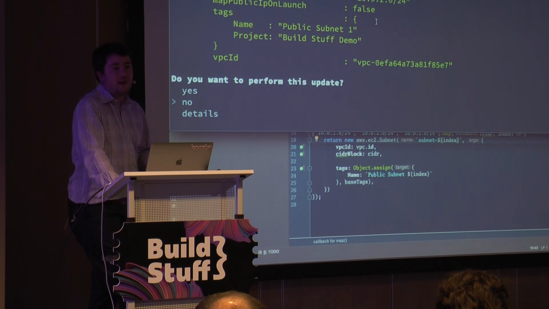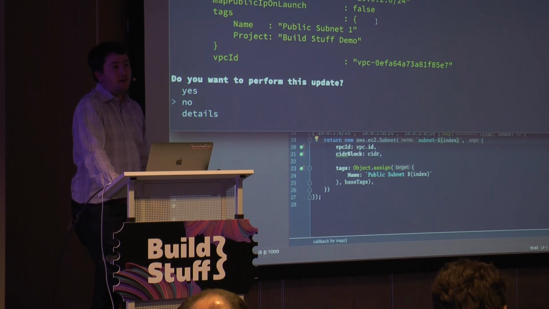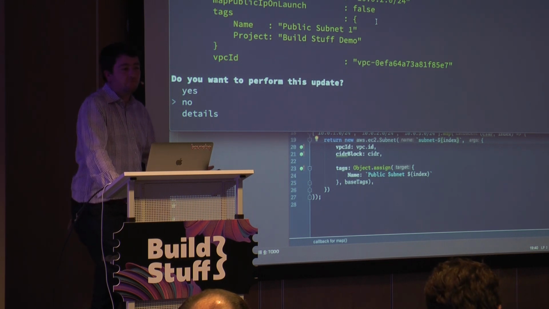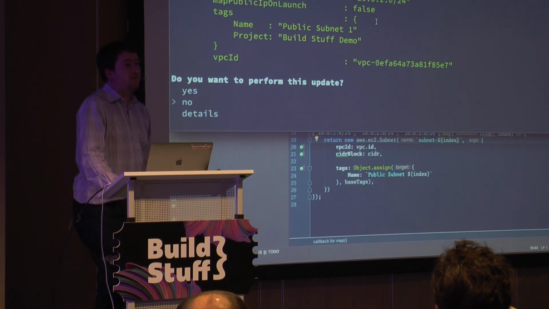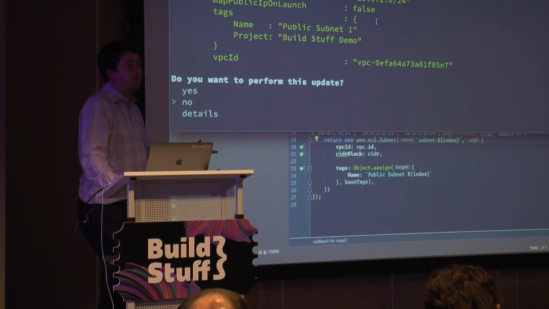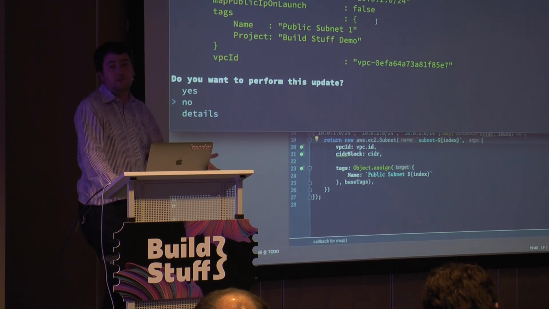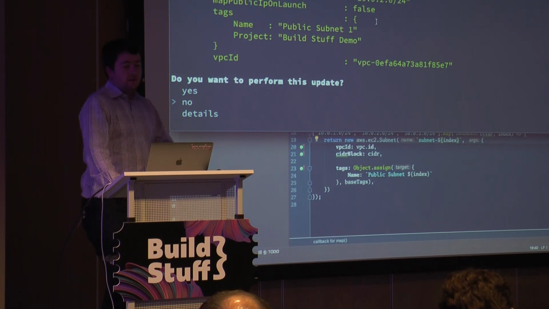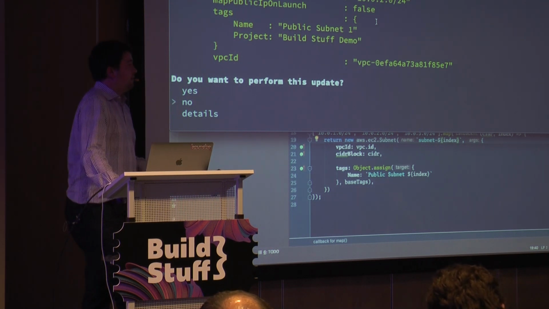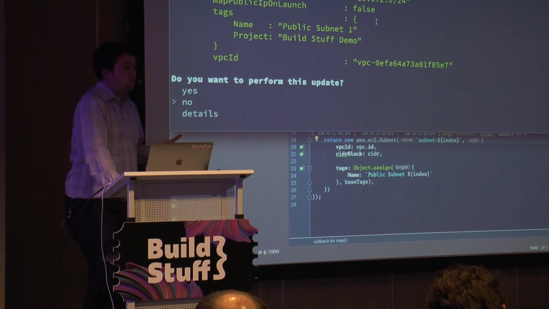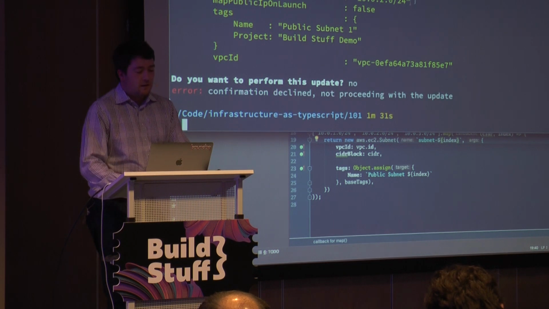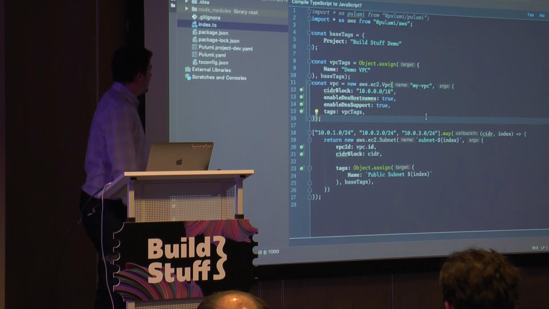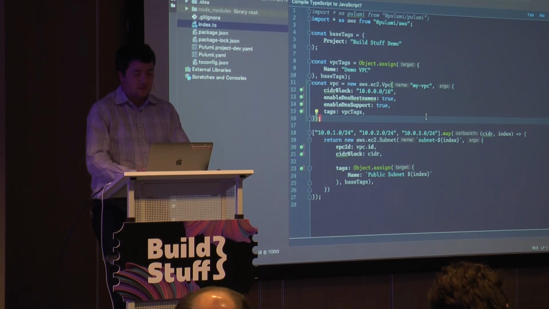So my account may have US West 1A, 1B, and 1C, but Rob's account may have 1B, 1F, and 1G. We're not even guaranteed to have the same number of availability zones accessible to us. So you can't take any single block of code and reliably run it in two different AWS accounts and end up with a deterministic result. So really you need the ability to go and query what the state of the world is before you go and make decisions about how you want to provision. Fortunately, because we're in a programming language, we can go do that.